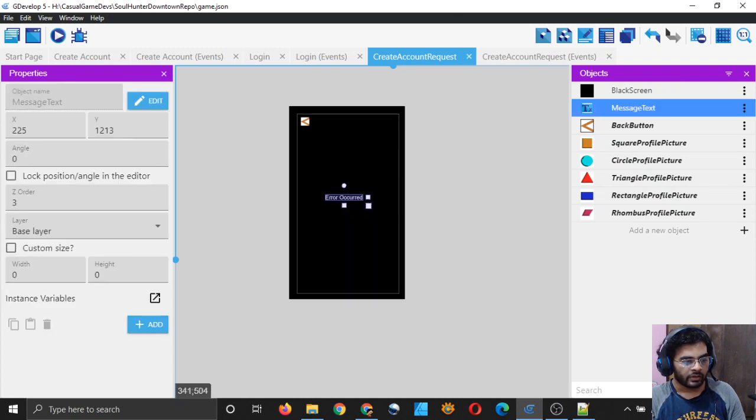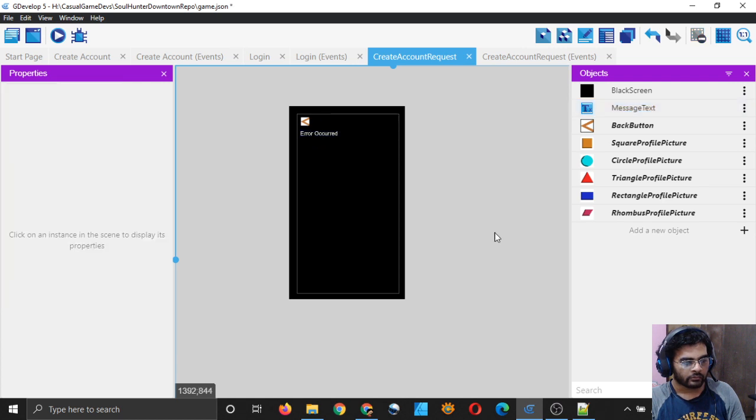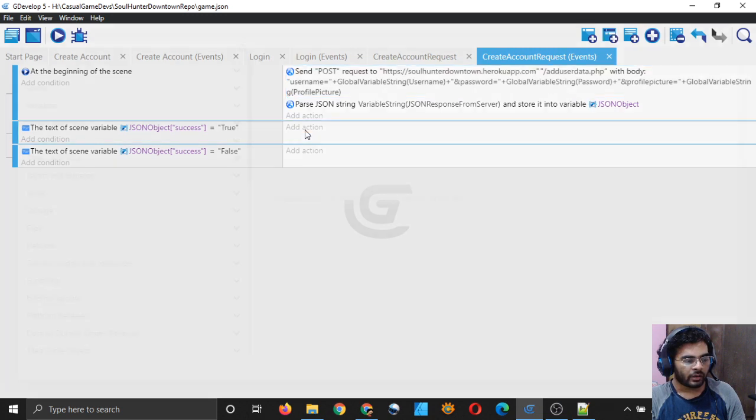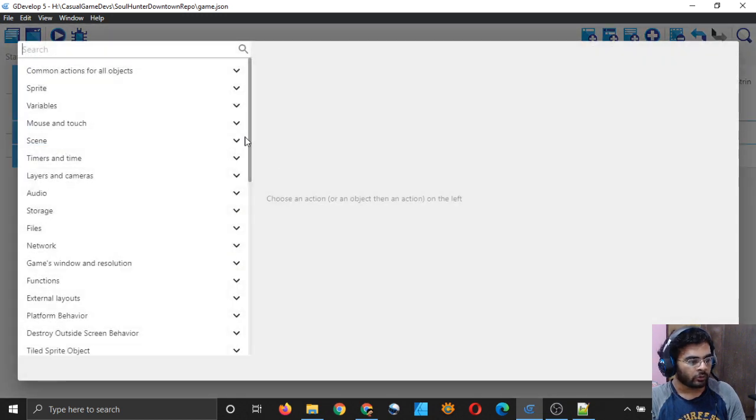So I will put it in the middle because I suspect that we are going to receive a big message from the server, and we may have to format that message a little bit from the server side. I'll put it here just for testing, and if it is true, I will simply, I mean in both cases, I will simply display the message.